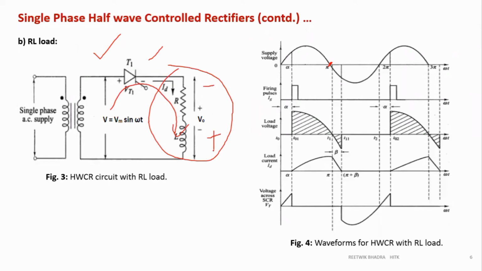So this becomes minus, this becomes plus. All these things we have done. So minus is connected to minus, plus connected to plus. Thyristor is on for a certain period of time, so the inductor discharges through the secondary of the transformer. Till that period my inductor discharges, my thyristor is on. If you apply KVL, your V is equal to V naught, so your V naught follows your V. It is the negative part, so it follows your negative part over here.